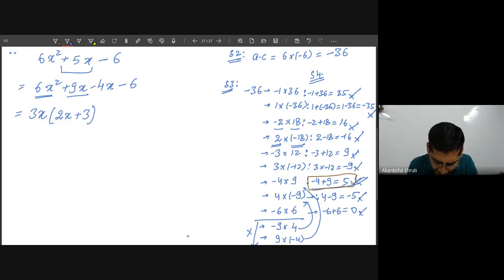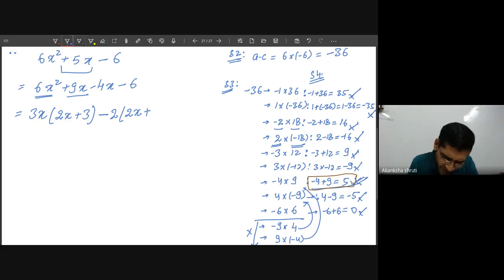Now student, from these two, you are observing that the negative sign is common to both. So first take the negative sign out. Next, 4 and 6 have the common factor 2, but x is not common to both, so x cannot be taken. What is left in the first? From this 4, 2 is taken out, so 2 will be left here and x is as it is. Minus is already taken out of the bracket, so the sign will change into plus. And 2 is taken out of the 6, so it will also be 3.